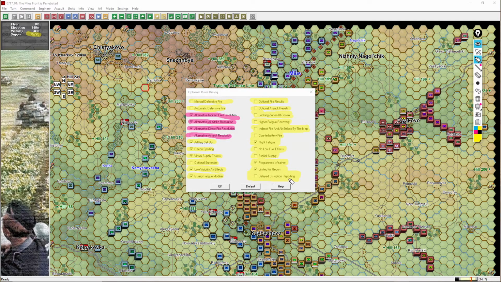Whether you want to play with it on or off mainly depends on how familiar you are with the game system. If you can sort of predict when and where the enemy might have been disrupted, it's usually a benefit